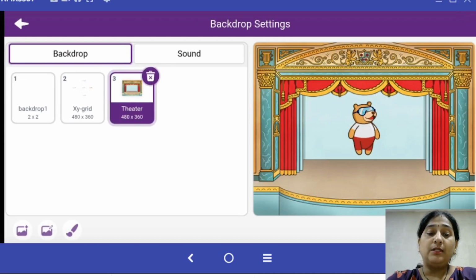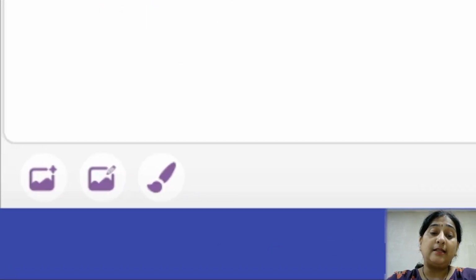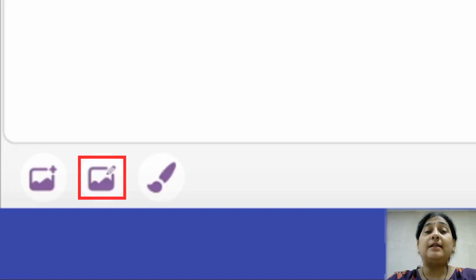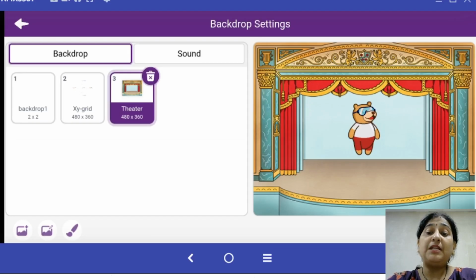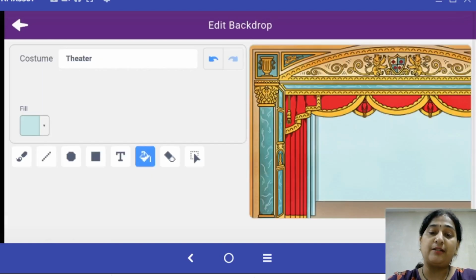Right now the second option that you see at the left bottom, besides the new backdrop option, the option that comes with a pencil sign, that is given to edit the existing backdrop. So maybe I have liked a particular backdrop from my library, but I need certain things to change from that backdrop, right? So what do I do? I can edit the existing backdrops. I need not recreate the entire backdrop. In such cases, I will choose the second option, that is to edit the existing backdrop.